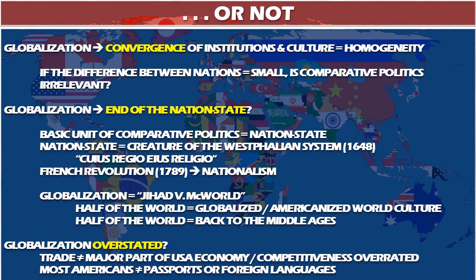Why do we want to compare things that are basically the same? And therefore, it might not be important to study the idiosyncrasies of this country or that country, but to study global culture and not compare them to each other. The other thing that globalization is doing is that it might, people think, be the end of the nation state. And the basic unit of comparative politics is a nation state. We compare one country with another country. But it's important to remember the nation state is a very recent development, and it might be a development that might be going away.